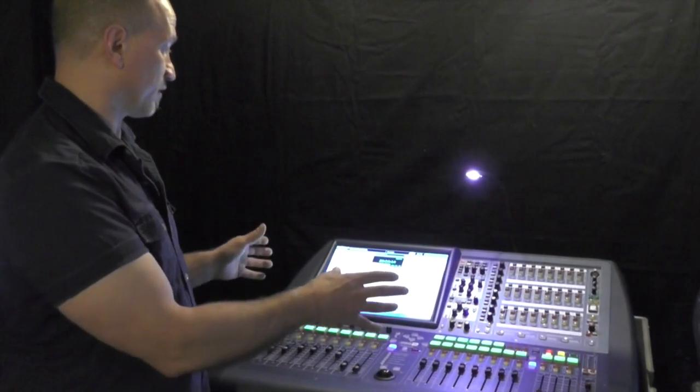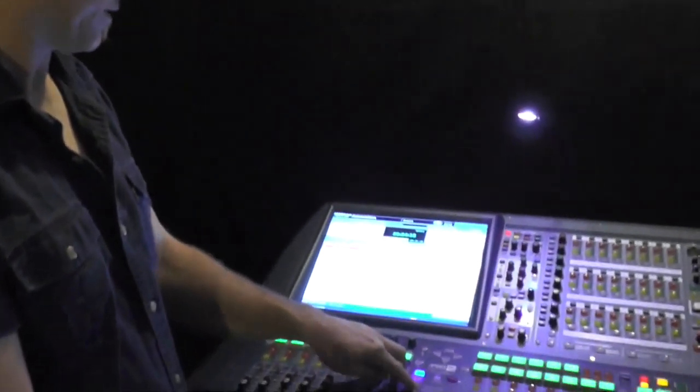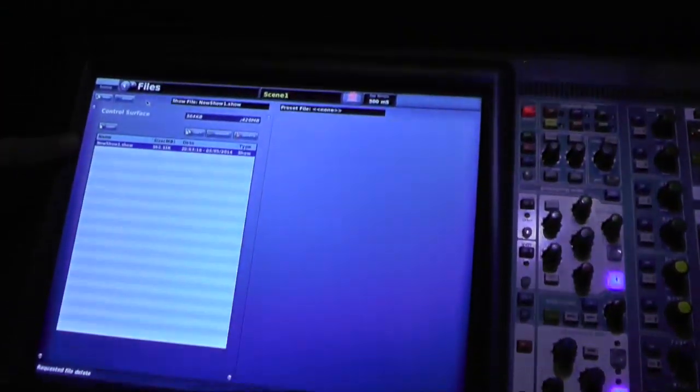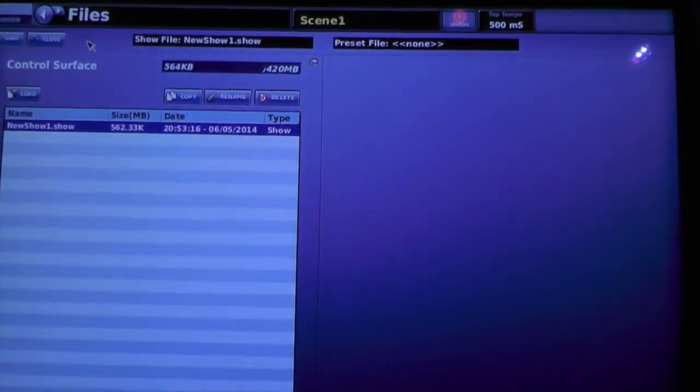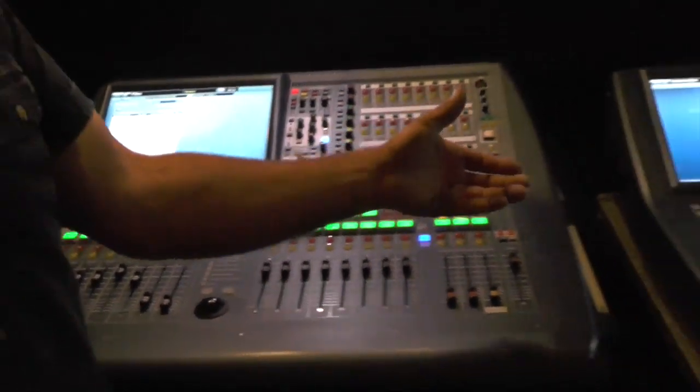You've got a console now, you've got a show ready to go, and now on this console, if we click on the automation filing button, we now have a new show on this console that, if we load this show file, the start of the show will be exactly where we left it. On this Pro 1 here,